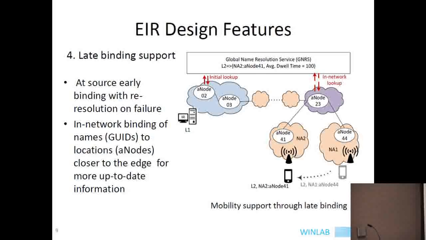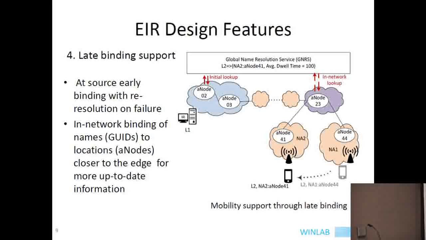But as the packet moves hop by hop towards the destination, the routing information becomes fresher and fresher. And then at some point, you can do a relookup. Worst case, you can do it at a failure. That's the worst case scenario, where you had stale routing information and you went to the last hop and you see the destination has moved. Then you look up the GNRS, and around that region, you have fresher routing information, so you can reroute. But the better scenario is that if you have an estimation of what speed the device is moving, which is an approximate dwell time, somewhere while you're moving towards the destination, you can do a relookup and you can reroute the packet.